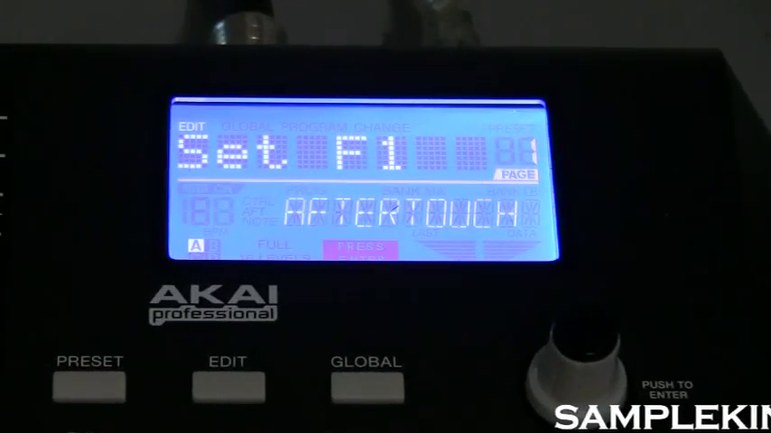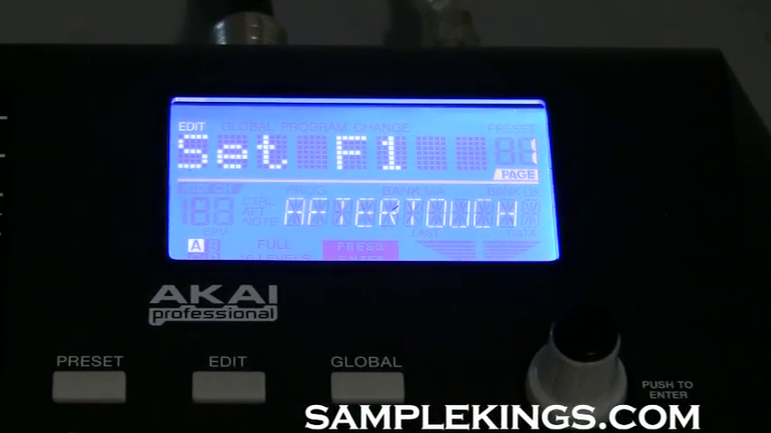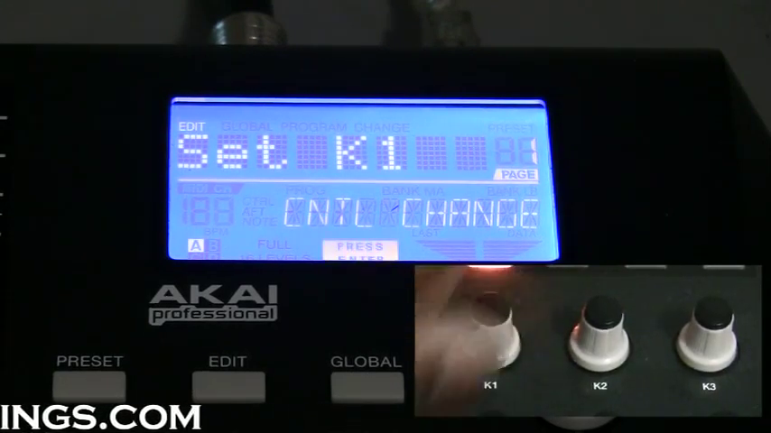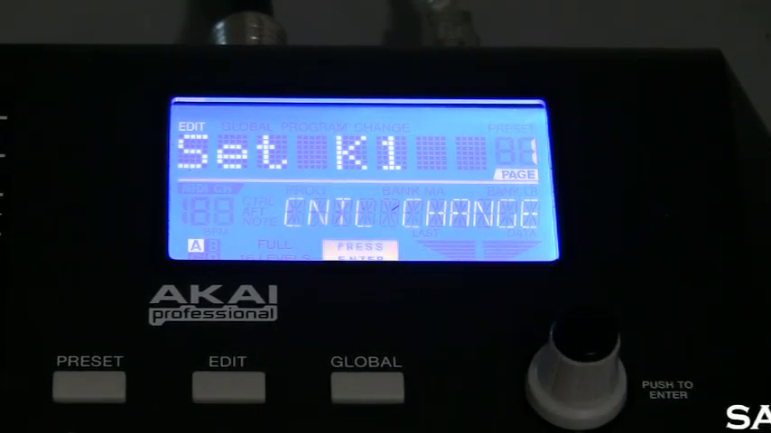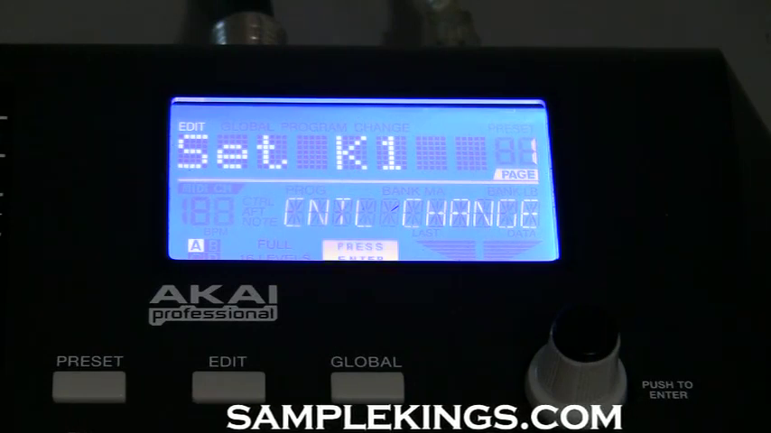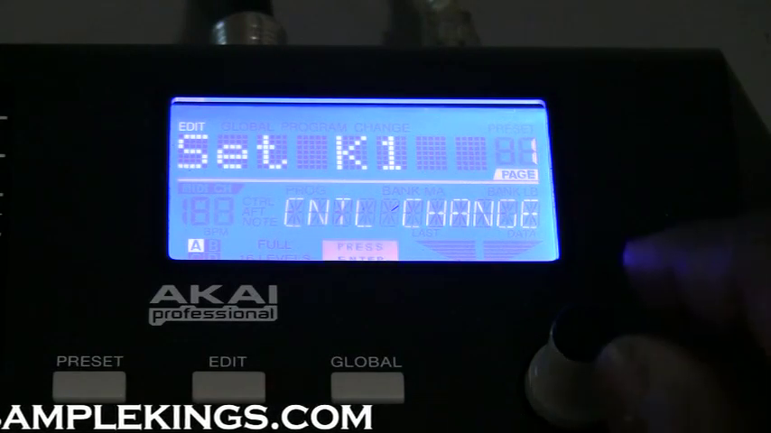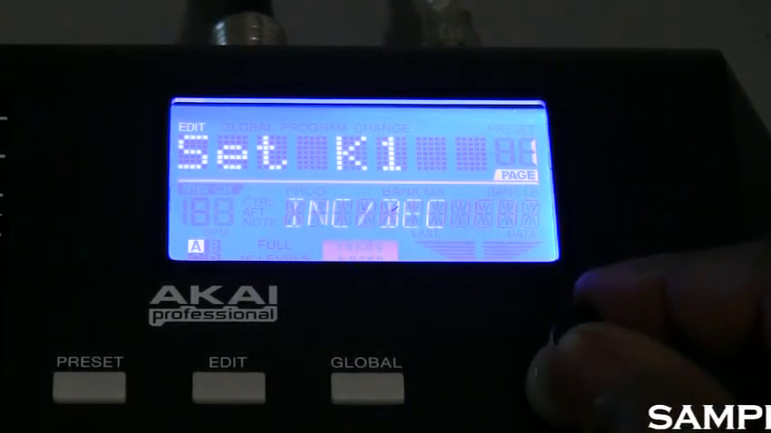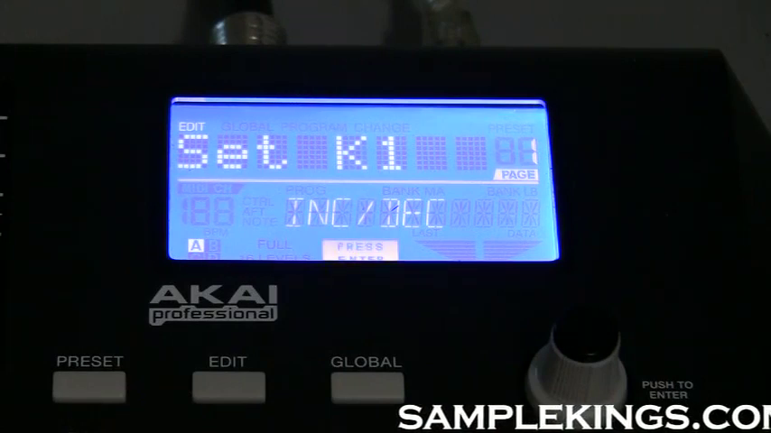Now so far we've been working with the fader. What I can do here also is turn the K1 knob, and the K1 knob has one other parameter that we can edit, which is our increment and decrement parameters. Okay, so of course we have, as you can see here, the control change, then the aftertouch. Well, the next parameter here is the INC/DEC,